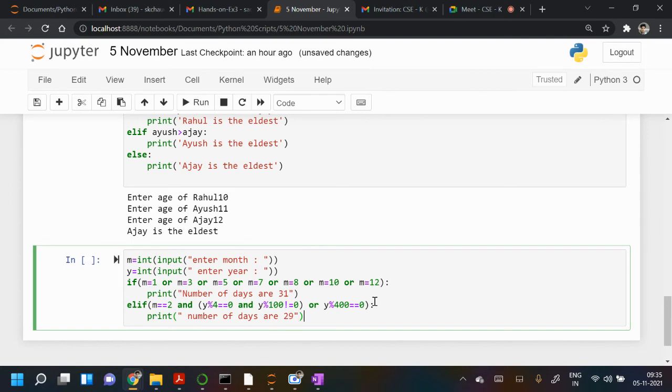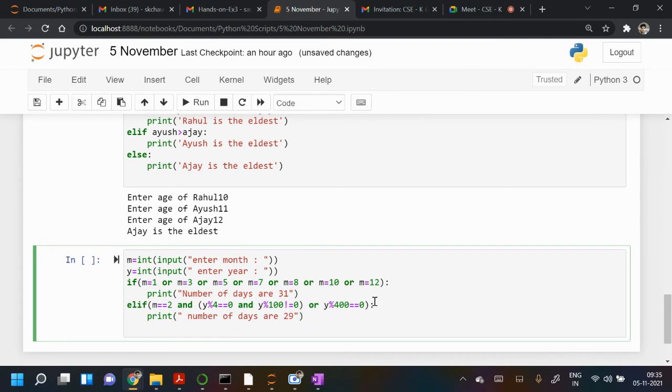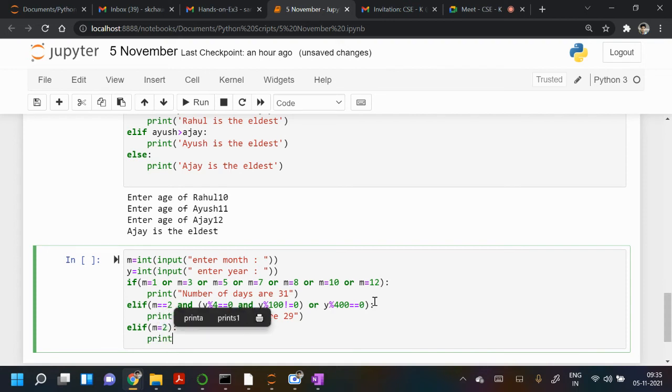Okay, and if it's only February, then the else condition I'm writing: the year is not a leap year. So in that case we'll print number of days are 28.